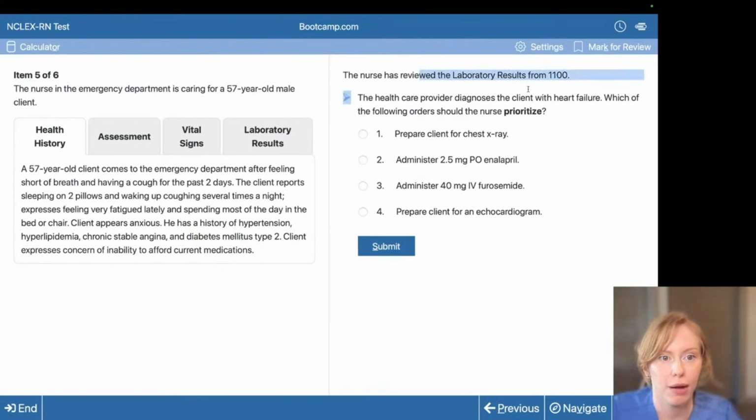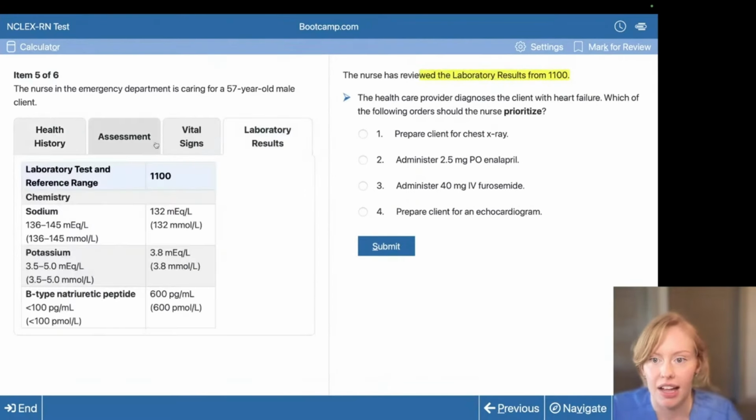So we've got new lab results from 11. I look at my lab results. I've got a sodium that's a little low. I've got a potassium that is normal. And then this BNP is 600, so that's really high. So I've got stretch on the ventricles, and then why would heart failure make your sodium go low? How would that fluid overload do that? And I'll let you guys think on that one while we answer this question, which says we've got the diagnosis